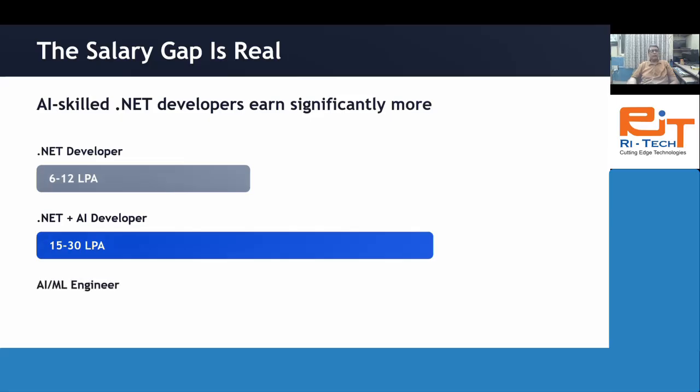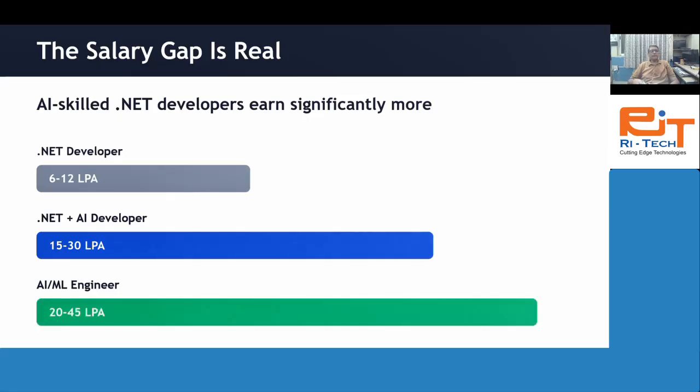And if you become full-fledged AI ML engineer, it's again 20 to 45 lakhs per annum. Now here, what we can say is, AI ML is not only required to sustain yourself in the IT industry, but it is also required to grow yourself in a career.